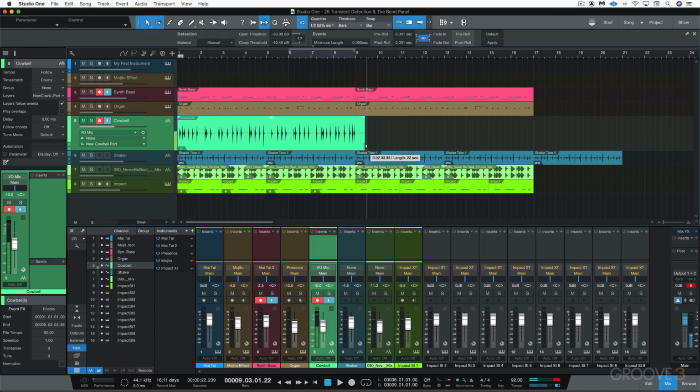All right, and let me just trim this to round it to the bar. And in this video, we're going to look at working with transient detection and the audio bend panel. Earlier in the series, we just quantized it and it worked fine. We don't need to get into bend markers for simple quantizing, but I want to look a bit closer at